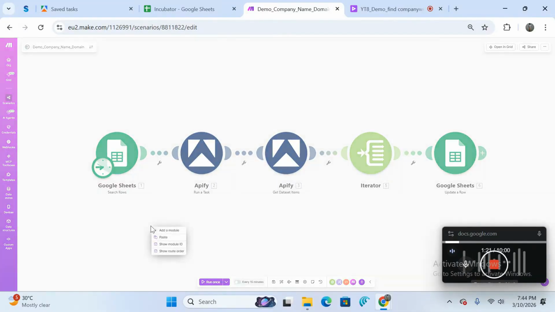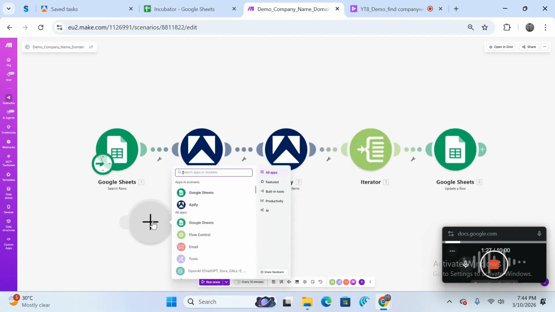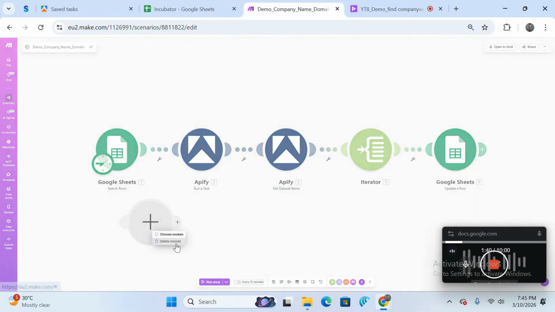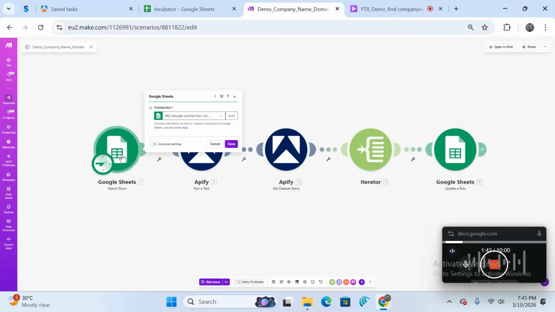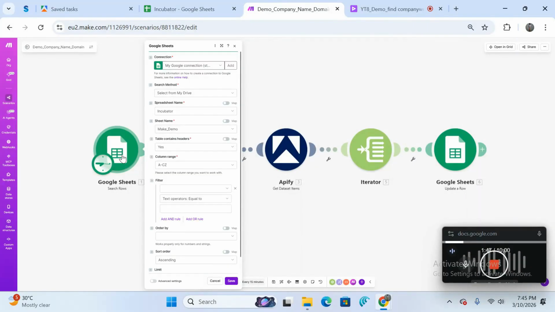So this is how you do it. You add a module. Once you click on here, it will show you how to fetch one. So you could do Google Sheets API. Once you select a module, like say Google Sheets, it will give you the subtasks that it can perform. So let's just get on to it. Let me delete this. My first is my Google Sheets search rows, right? Because if I've put 241 say company names, it has to search the rows to get the names of the companies for which it needs to search.